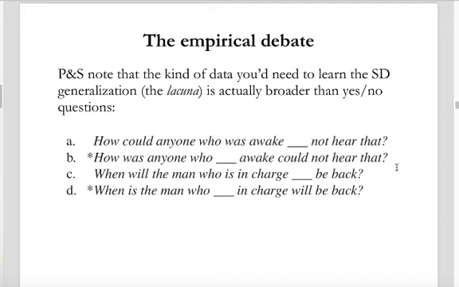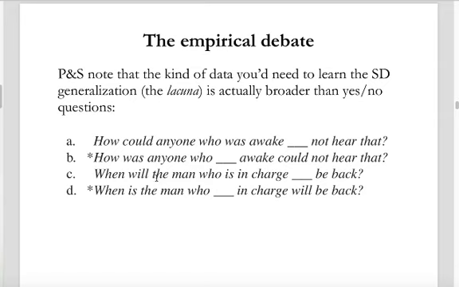Ungrammatical in English. So this works actually more or less just like the yes-no questions, but here's a way to get evidence also from WH questions. Another example here using: When will the man who is in charge be back? Right? And here, this will modal has moved from the main clause, even though it follows the auxiliary in this